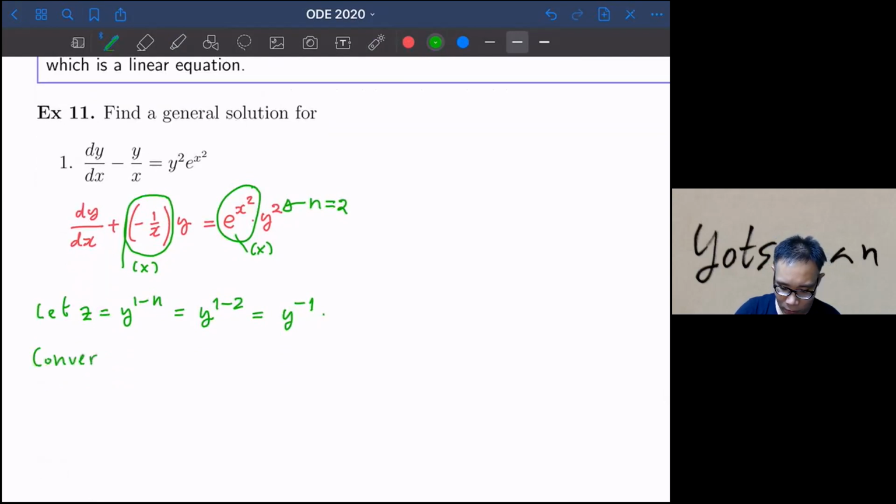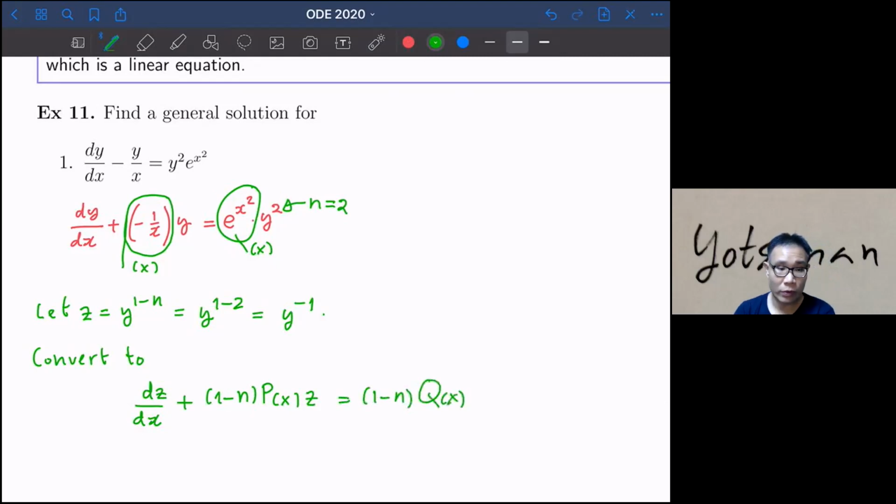Convert to dz/dx plus (1 minus n) P(x) z equal to (1 minus n) Q(x). So you convert to the linear equation in this form,